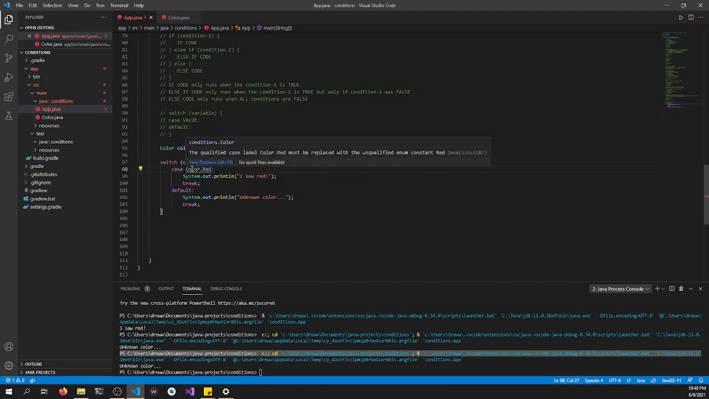Okay, it doesn't like that. Let's see why. Okay, it doesn't want the word Color. It just wants the word red, which makes sense. Some languages are particular about that, some aren't. Java is a little particular about it. But now if I run this code,